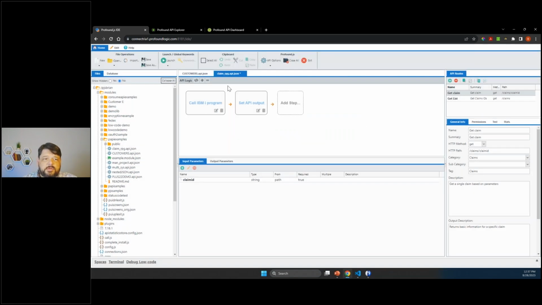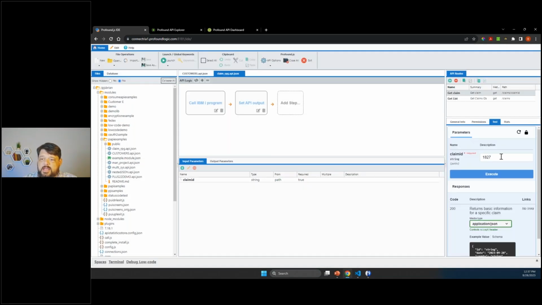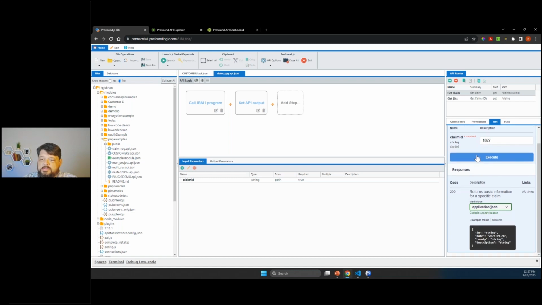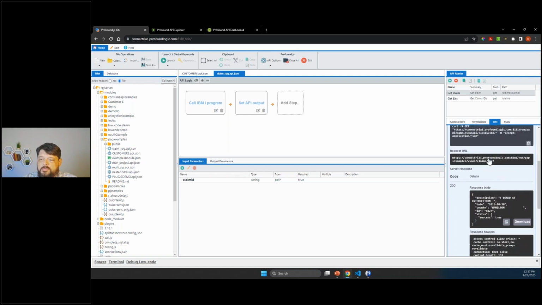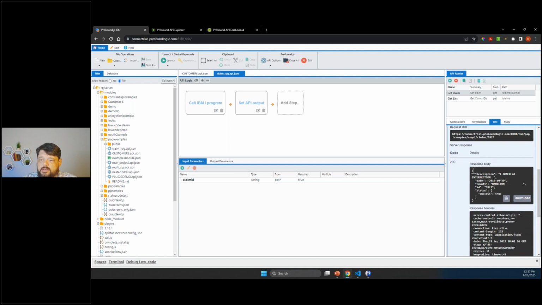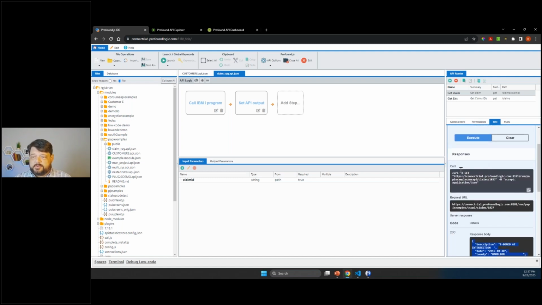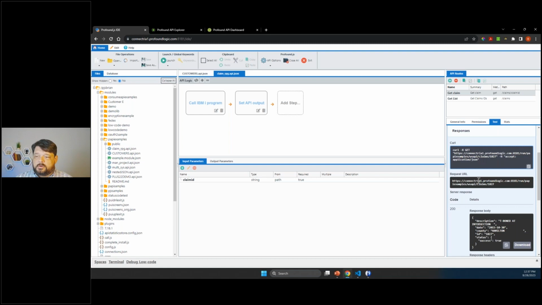So with this, we can take a look. Let's just save it, and we can come here to our test tab and execute this, and that will call our RPG program and retrieve our data right here, and we have our response. Over here in the test tab, you'll also notice that we have a curl command. So if you have automated testing, you can copy this curl command directly into your testing suite to be called multiple times or into an automated test for when you are putting this in production in the future.